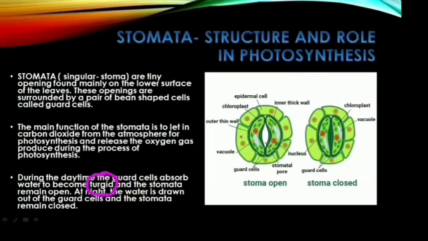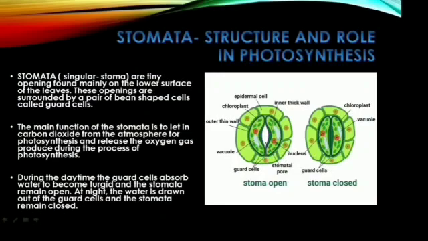This inward movement of water is from the epidermal cells towards the guard cells. This makes the guard cells swell up. And when they swell up, what happens to them? They stretch apart and they in turn pull the stoma open from the inner side. If you see these inner thick walls of the stoma, they stretch apart and a gap is created. This gap, this opening, is actually the stoma, children. This is the stoma.